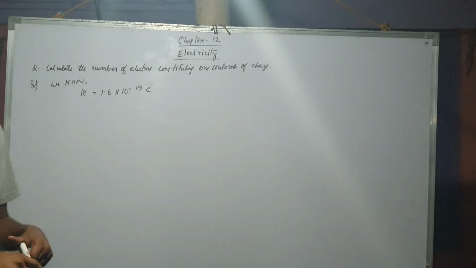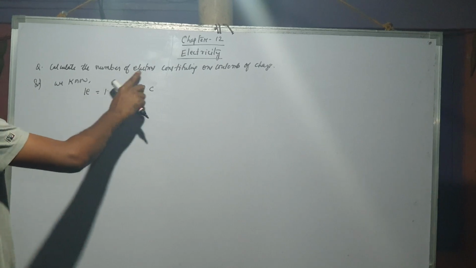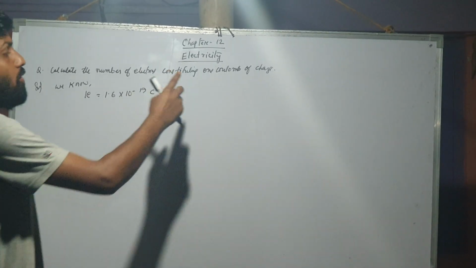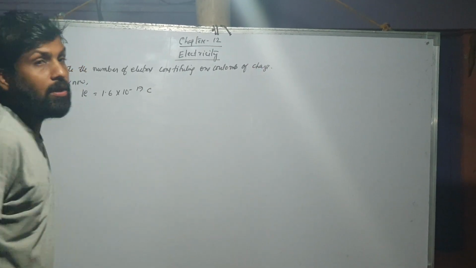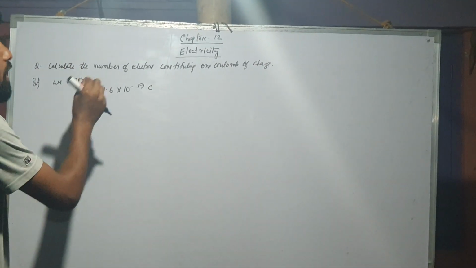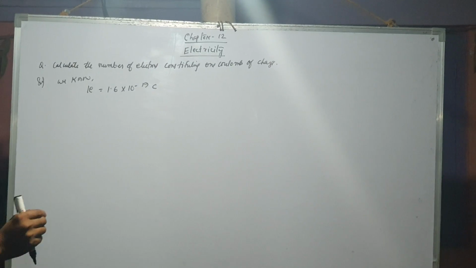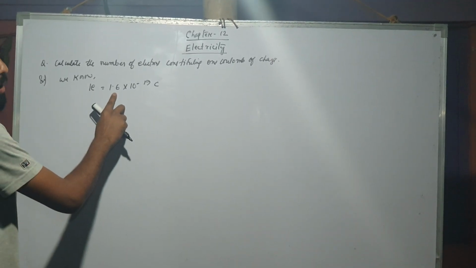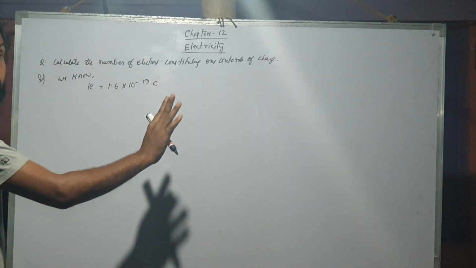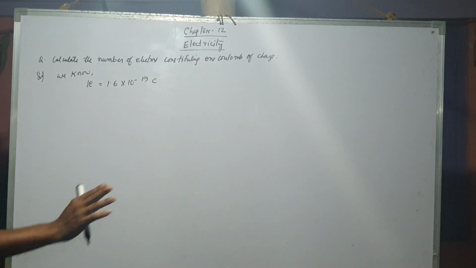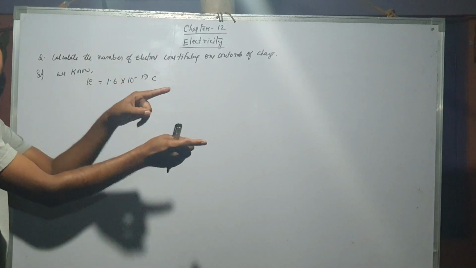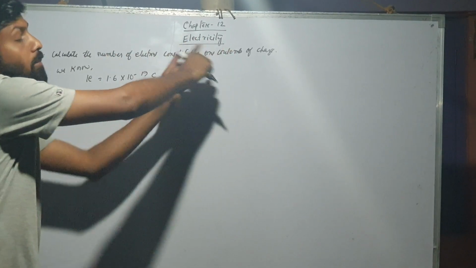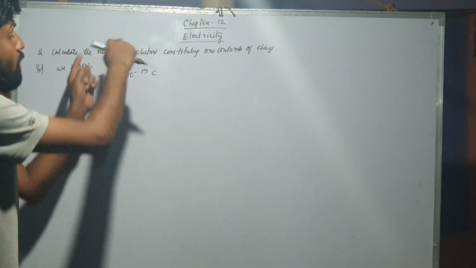Okay. Now our next question was how we calculate the number of electrons. That means we need to find how many electrons are there in 1 coulomb of charge. मतलब 1 coulomb of charge में कितना इलेक्ट्रॉन है वो हमें निकालना है. ठीक है. तो हमें ऑलरेडी पता है कि 1 इलेक्ट्रॉन इज इक्वल टू कितना होता है? 1.6 into 10 to the power minus 19 कूलम. बट हमें ये निकालना है. हमें यहाँ पे क्या है कि एक इलेक्ट्रॉन कितना कूलम में बताया गया, लेकिन हमें क्या निकालना है कि एक कूलम में कितना इलेक्ट्रॉन को निकालना है, मतलब इसका उल्टा निकालना है हमको.